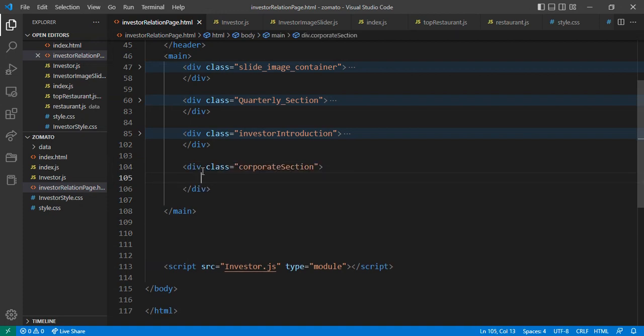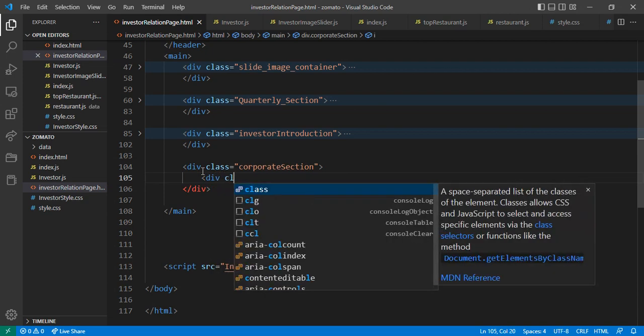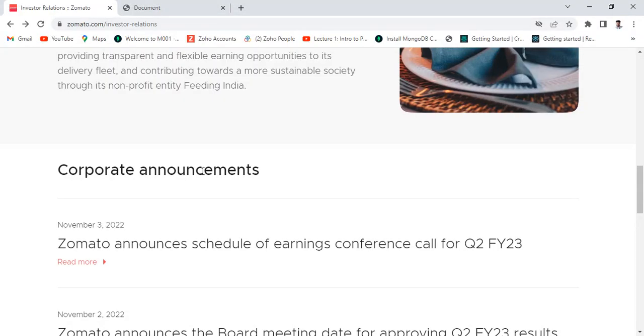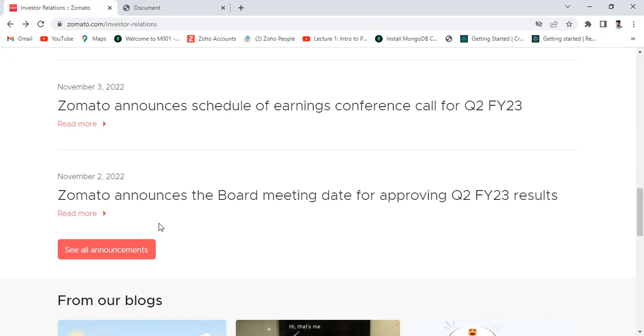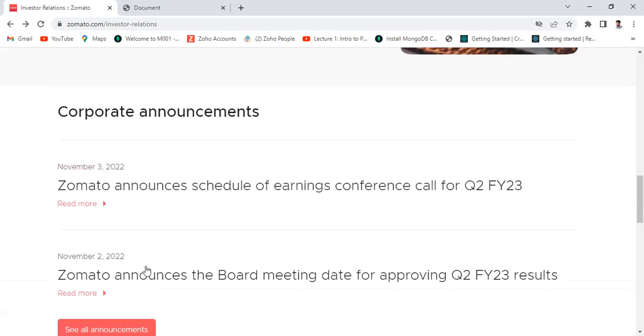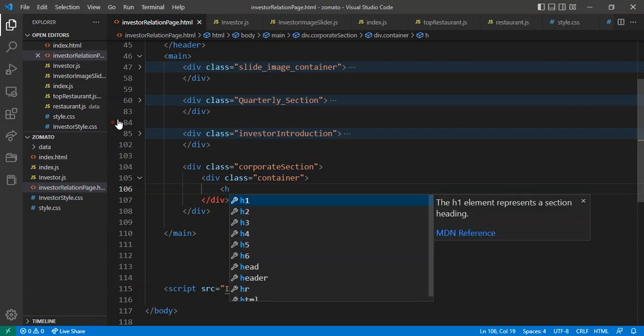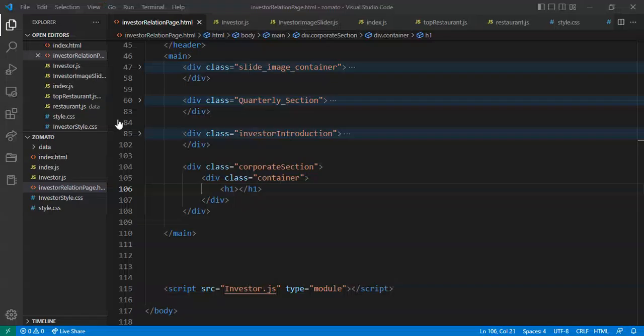After that, inside that I want to add the container again. Now after that I want to add, see, here I have only one type of it. See, after that line by line there is no flex. For that I want to add it like a sequence. First of all I want to add this heading, corporate announcement,